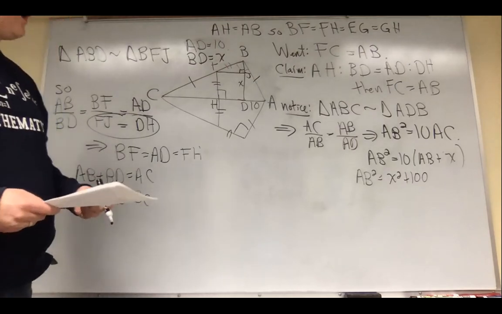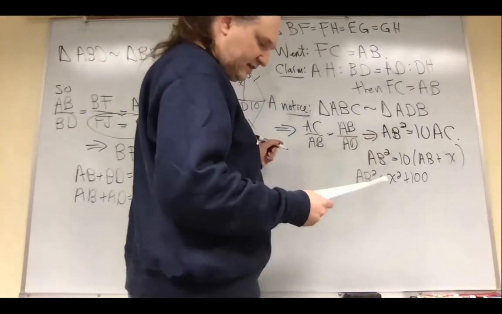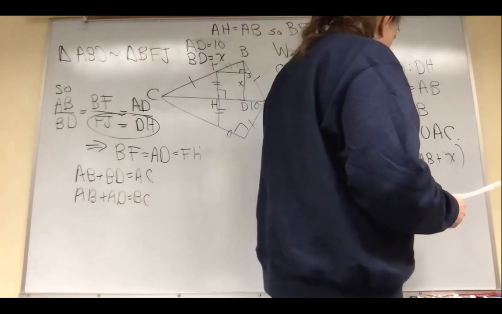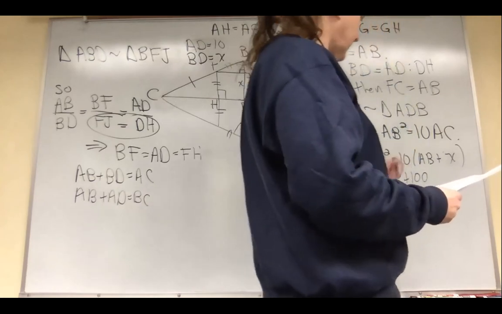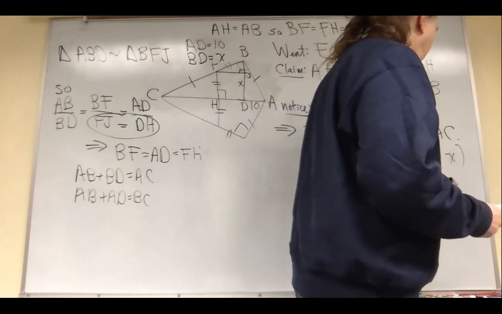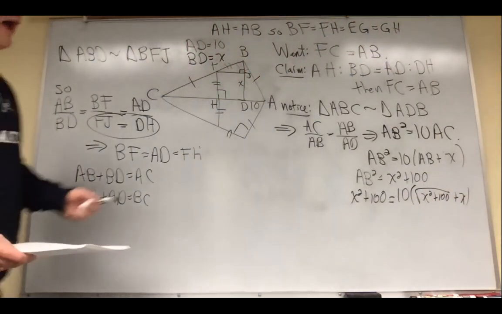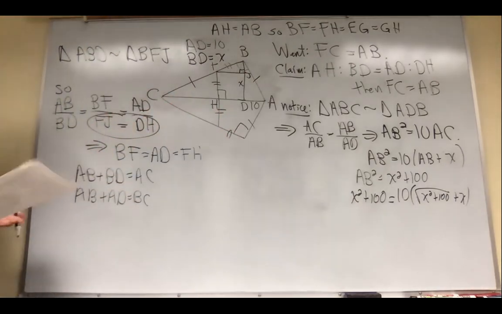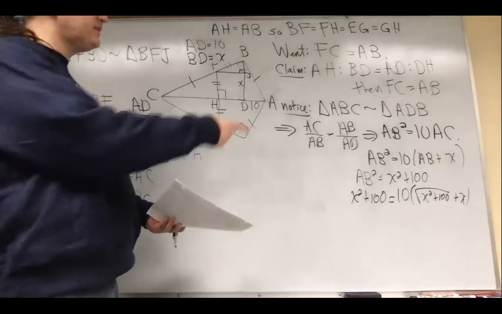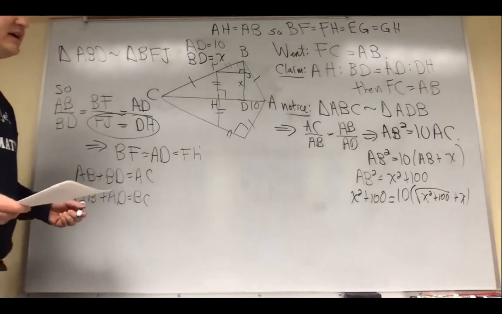So, okay, that tells us we can make a couple substitutions here. Yeah, I think I'll keep this down here for now. I will come up there eventually. So that tells us X squared plus 100, which is AB squared, equals 10 times AB. Oh yeah, that's apparently 10 times the square root of X squared plus 100 plus X. All right, notice al-Khayyami is well on his way now. He has an equation that involves numbers and X. And he seems like, yeah, I should be able to figure this X out and then tell it to the artisans, and they can make these almonds and everyone will be happy. And so he goes forward,